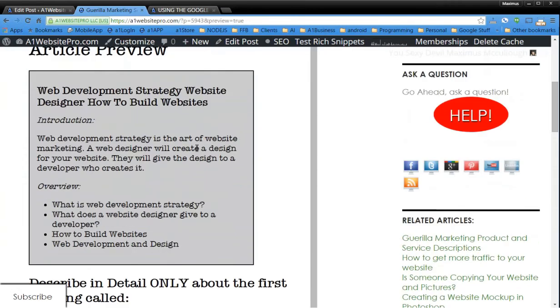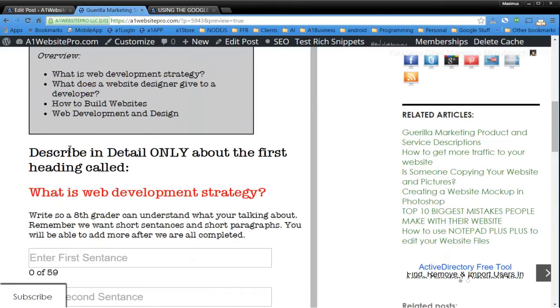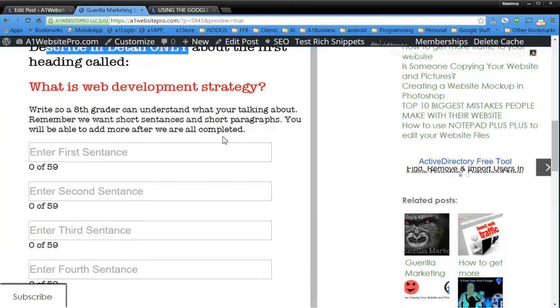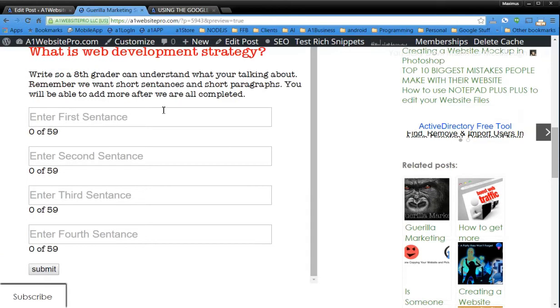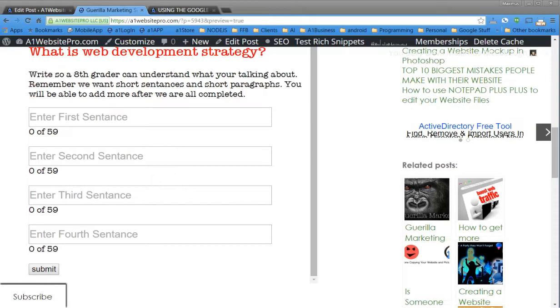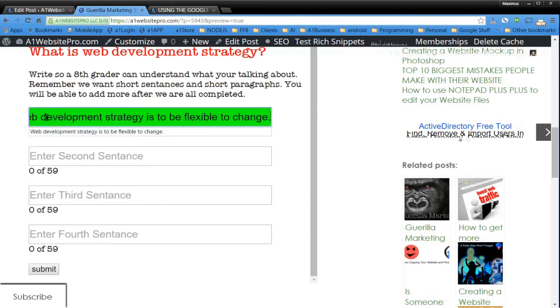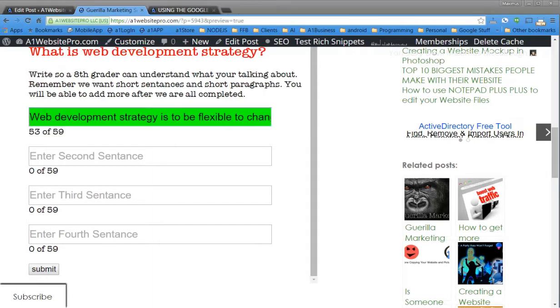Okay, so now we're taking a look at our article. We see that it's looking pretty good. So we're going to describe in detail only about the first heading called What is Web Development Strategy? We're going to make each one of these paragraphs 4 sentences. So the first sentence, I'm going to go ahead and put in here that web development strategy is to be flexible to change, right? And then my second sentence is going to be